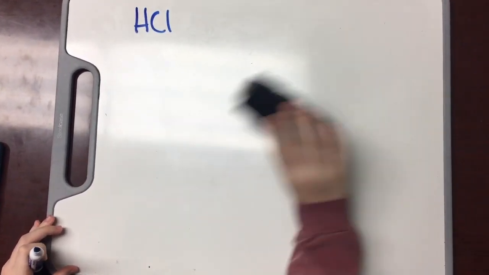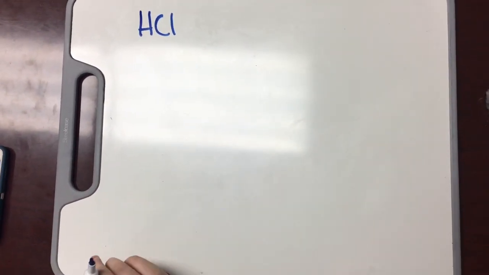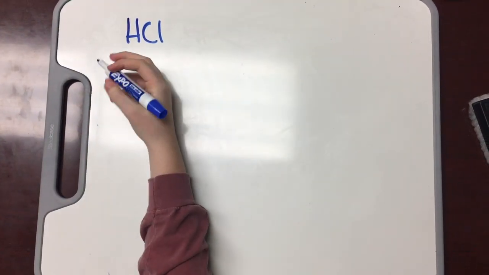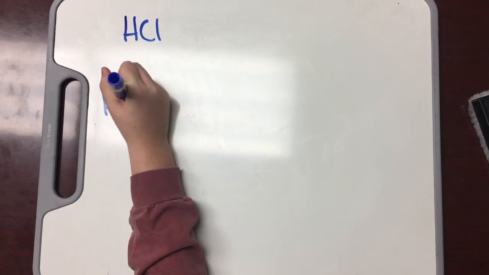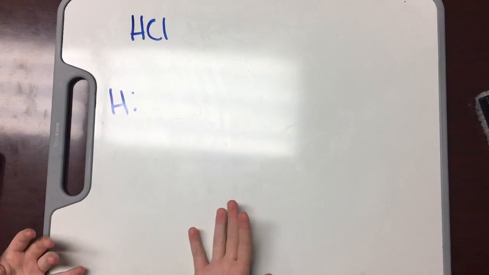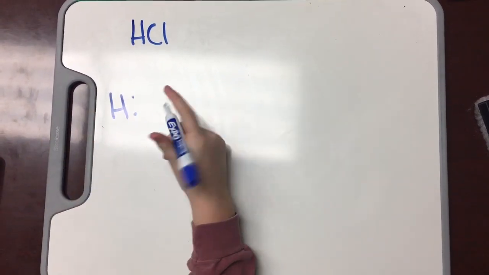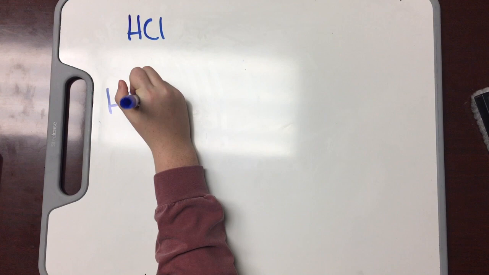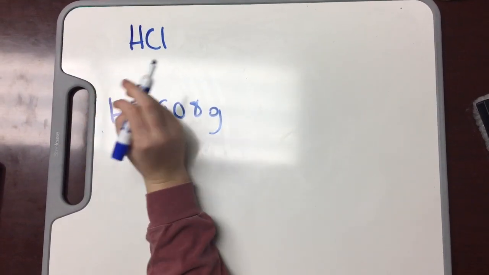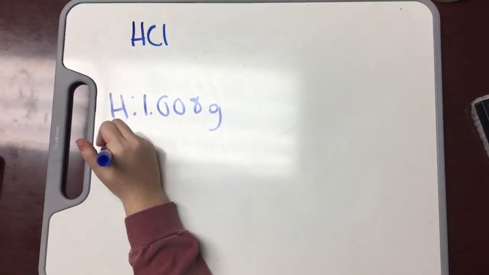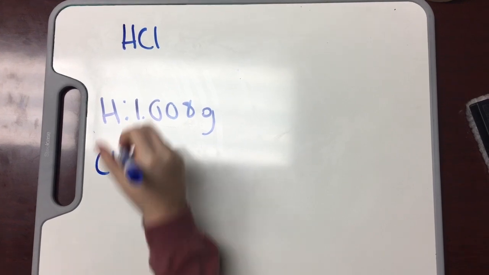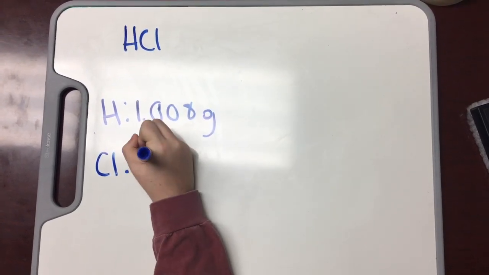So, like I said, our first step is to find the atomic mass of HCl. So we're going to basically divide this up. So first, we're going to take H. So on your periodic table, it will show what the atomic mass is. It's normally a decimal. So the atomic mass of hydrogen is 1.008 grams. Okay. Then you're going to go to chlorine, and the atomic mass of chlorine, or you can also call it molar mass, is